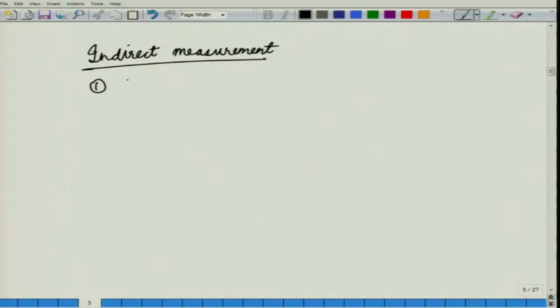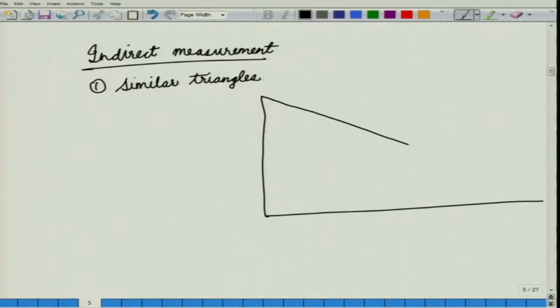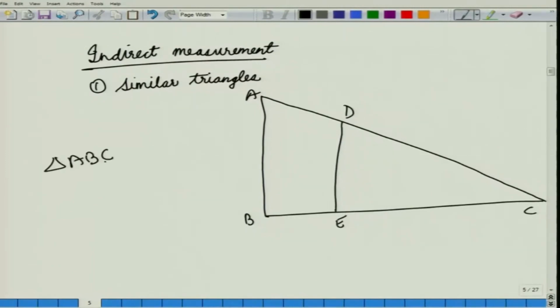One is based on the principles of similar triangles. So, what do we mean by this indirect measurement? Suppose we have a triangle and suppose we draw another line parallel to this axis. So, we have A, B, C, D and E. Now, in triangles ABC and DEC,